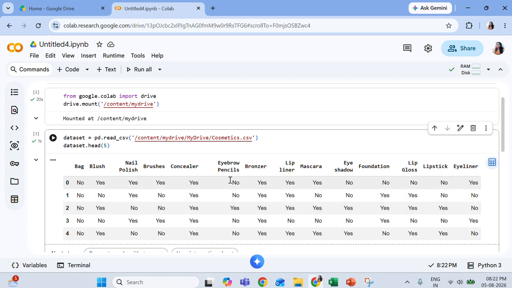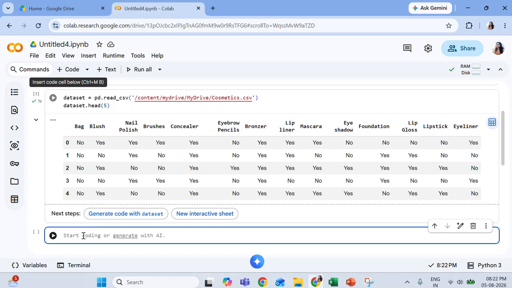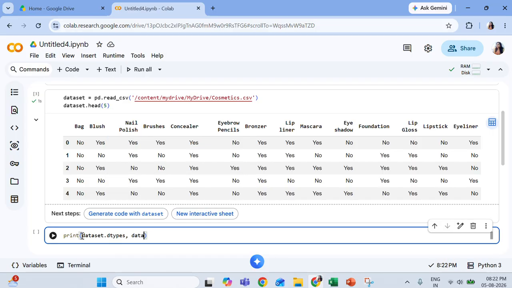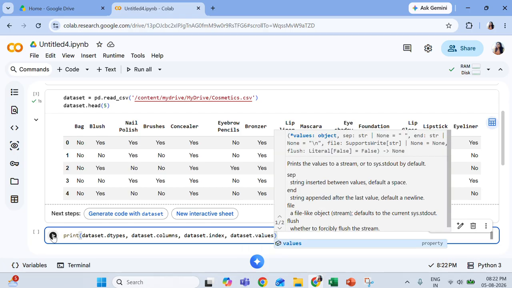The data which I just showed you, we can even print some details about the data set, namely dataset.dtypes, which will tell us the data types used in the data set. Dataset.columns. Then we can use dataset.index to see how many records there are, and dataset.values to see what type of values there are.